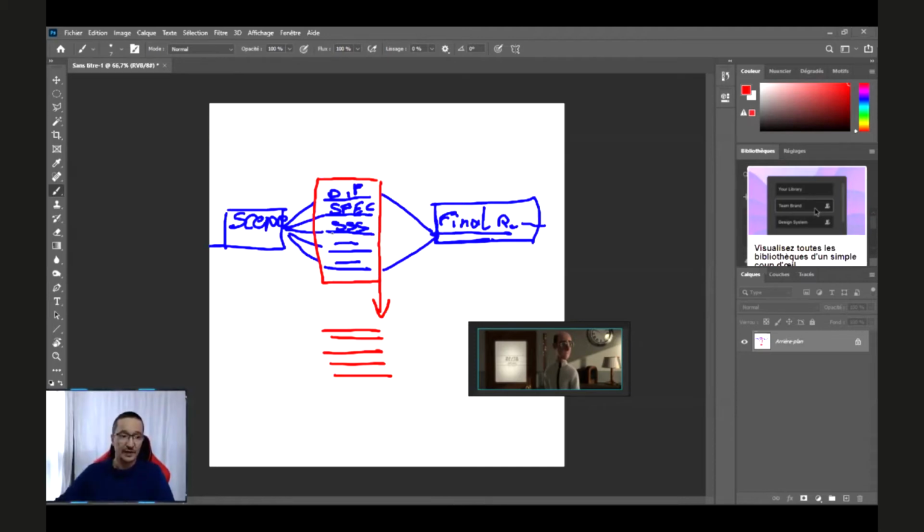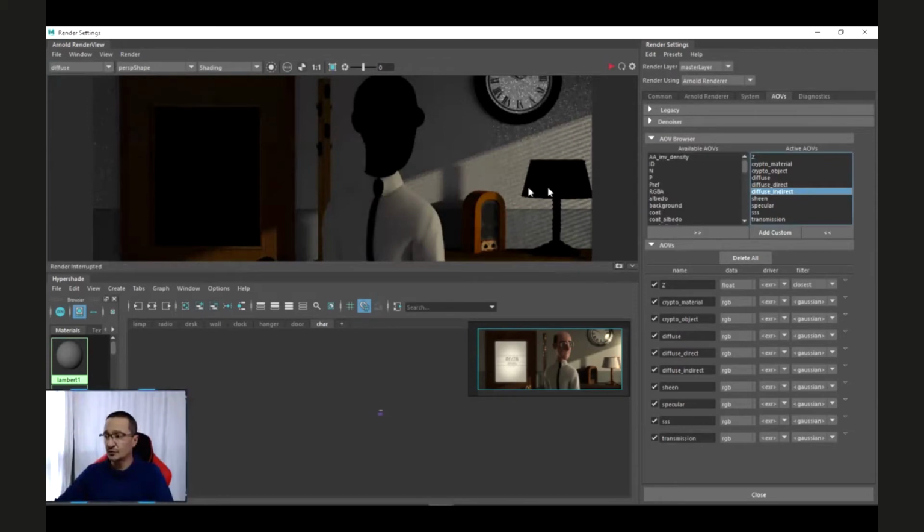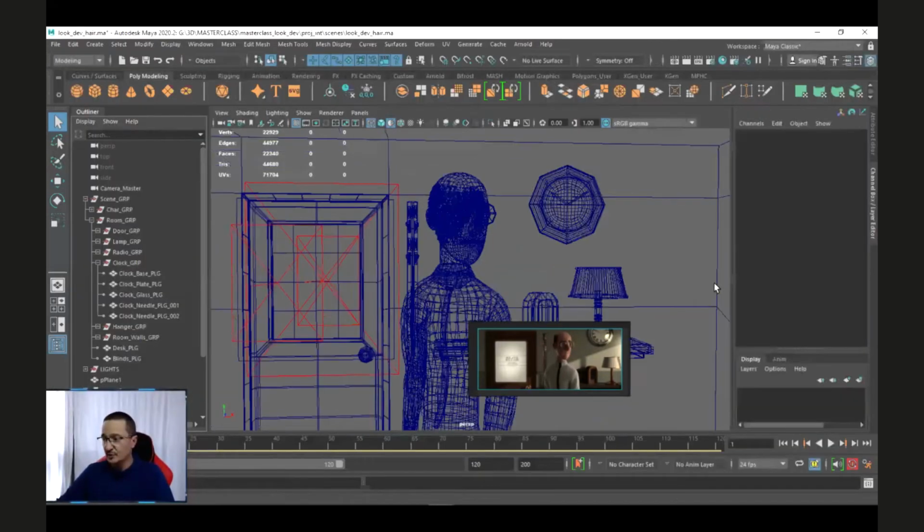If you want to do that, I'm going to delete this one. You have to do a split with the render layer, not the render settings, excuse me.